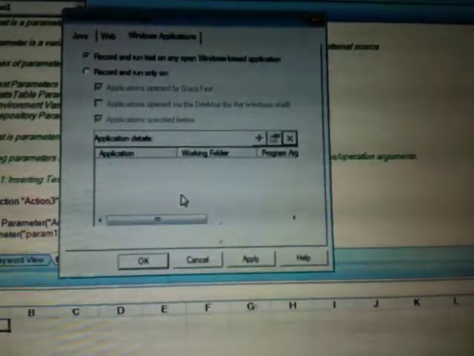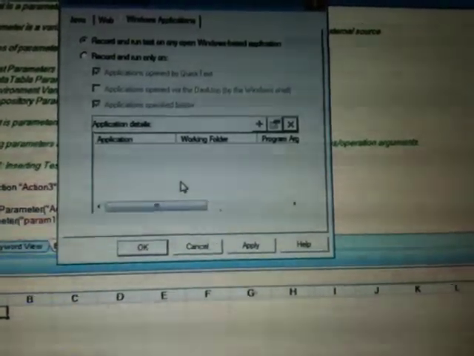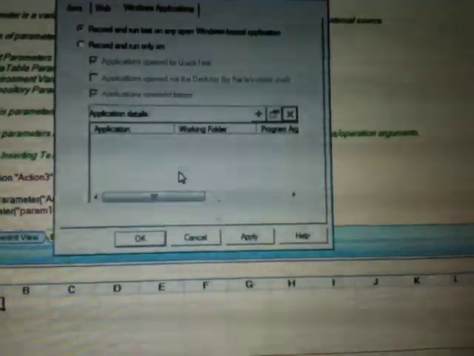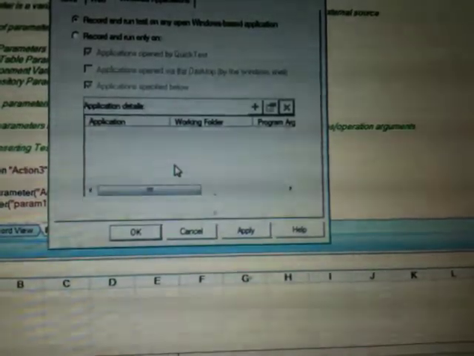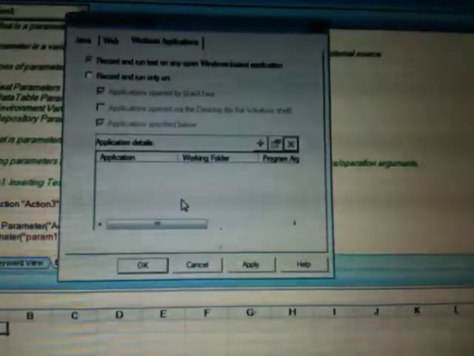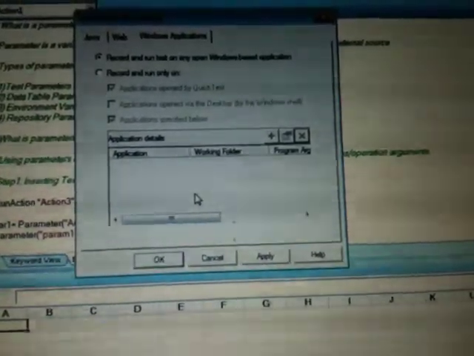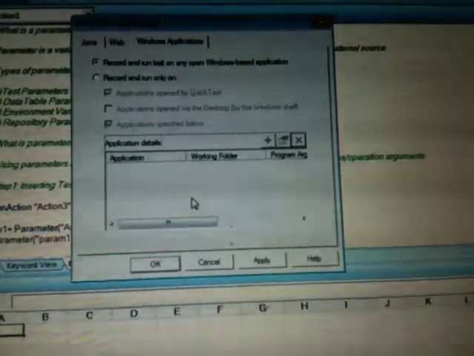So its DLLs might clash with some other process, and it might become non-responsive. So don't worry, as long as you're working on QTP 10 as a tool, you will not face these sorts of problems, because QTP 10 is much more stable than QTP 11. Still, there are some problems with QTP 10 which they try to resolve in QTP 11, but they will evolve soon or with another version so that it becomes much more stable.